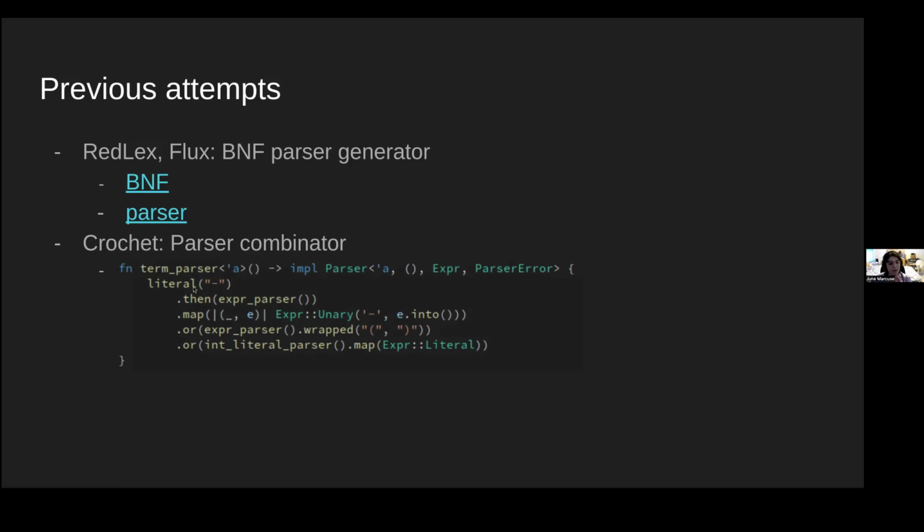So you can use it to easily create simple parsers, and then you can combine them with these combinator functions that allow you to chain these operations together. And it's pretty simple. Here we are just defining a term for a basic expression parser. It can start with a negative sign followed by an expression, or it could be an expression wrapped in parentheses, or it could just be an int literal. So this is for a very simple expression parser. But you can see that that's a little bit clunky to read. It's not necessarily the most obvious.